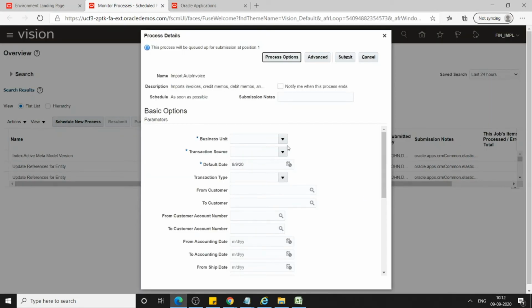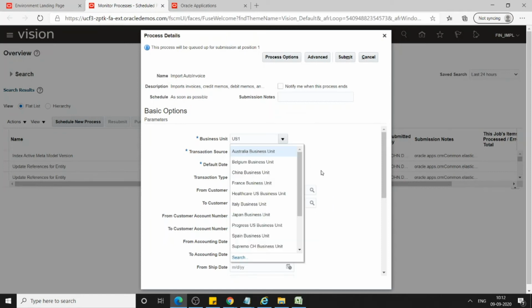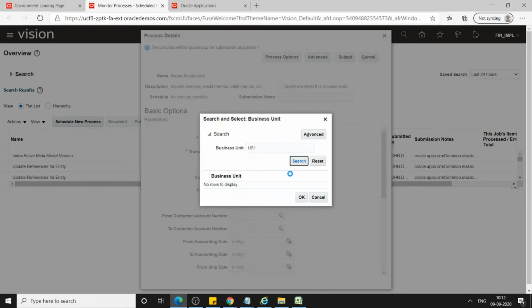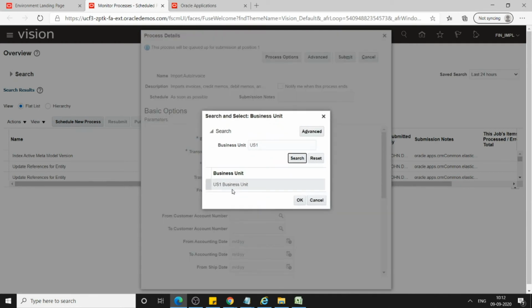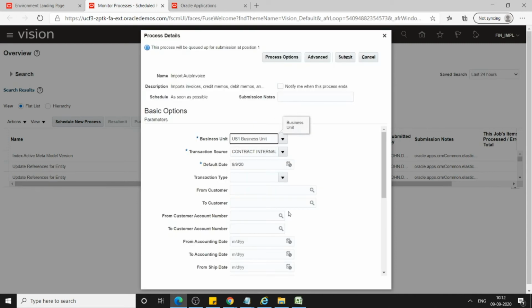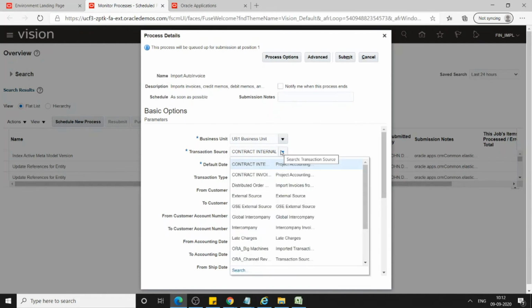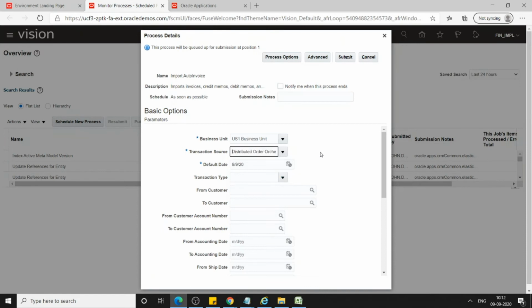This is your parameter screen, and from here I will select the business unit, the US1 business unit. Search, select this particular one and click OK. From transaction source you have to select the value as distributed order orchestration.